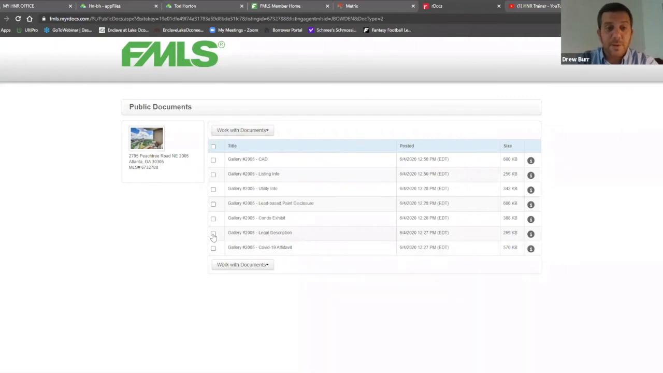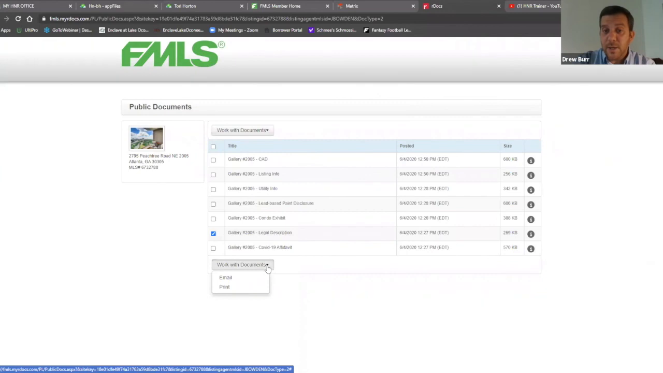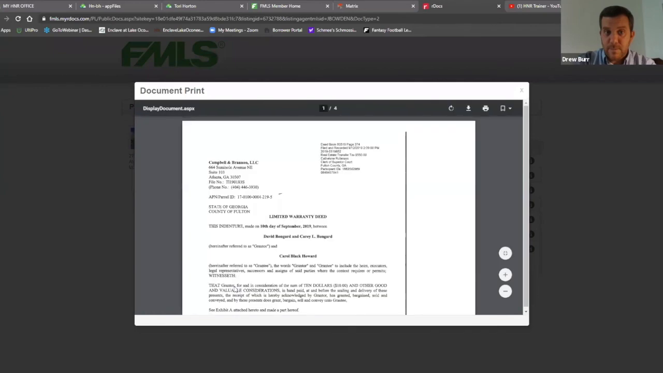I'm going to do one of those really quick. I'm going to click on the box next to the legal description. I'm going to hit this drop down right here and click print this time. What I'm doing is grabbing this document and downloading it so that I can upload it. Over here on the top right, you'll notice there's a download option and a print option. I want to download it because I want to have this available to get into this app file. So I'm going to click download,